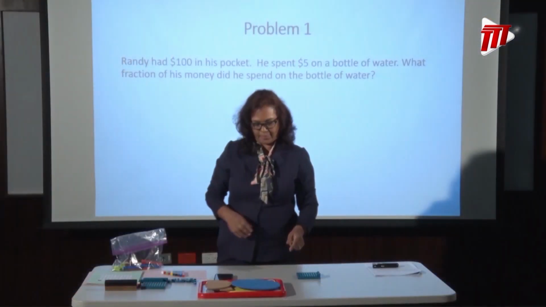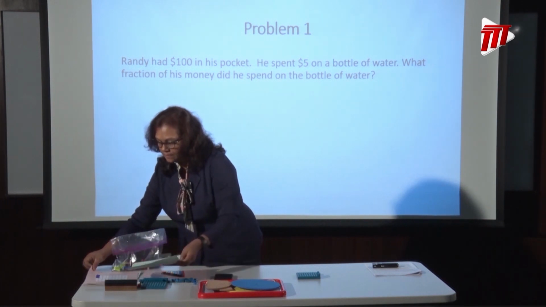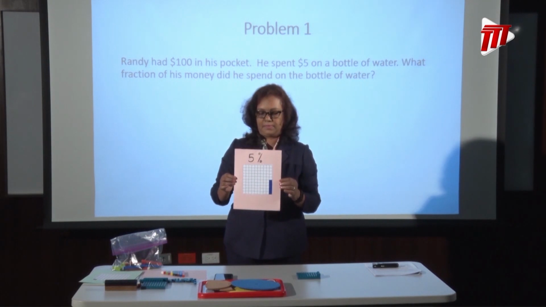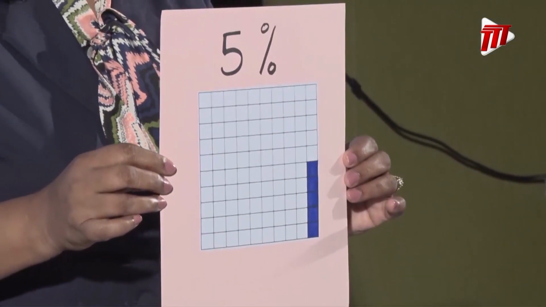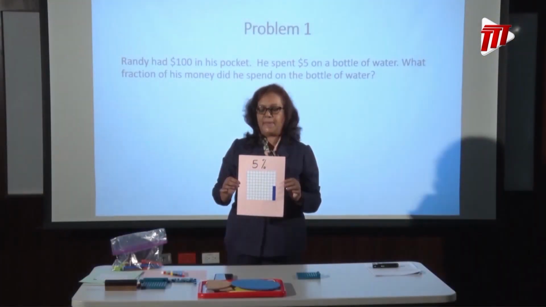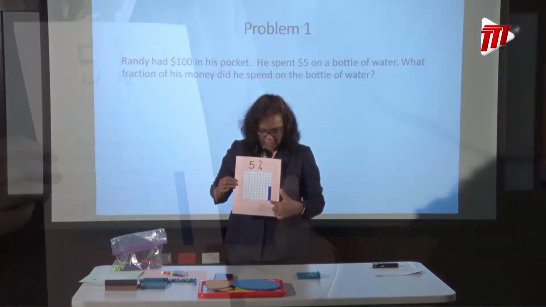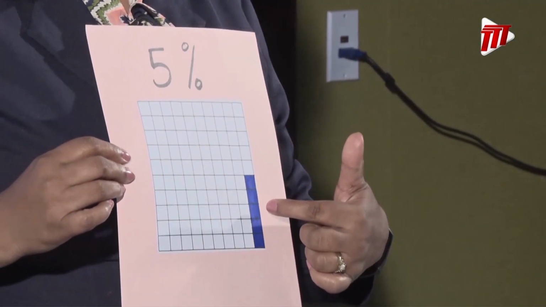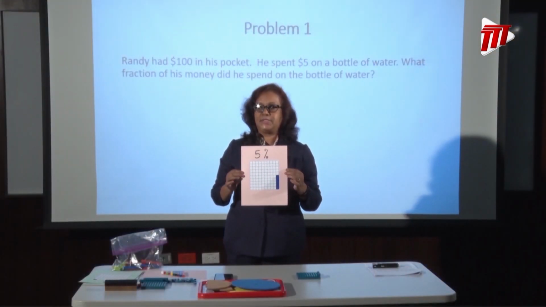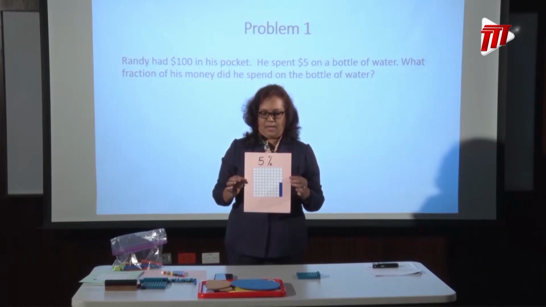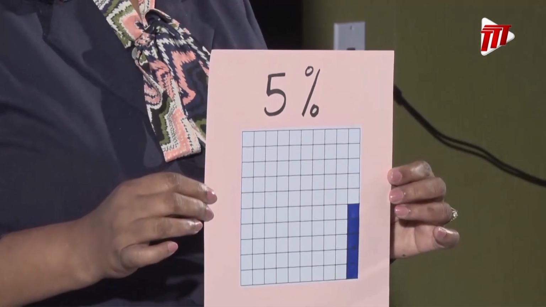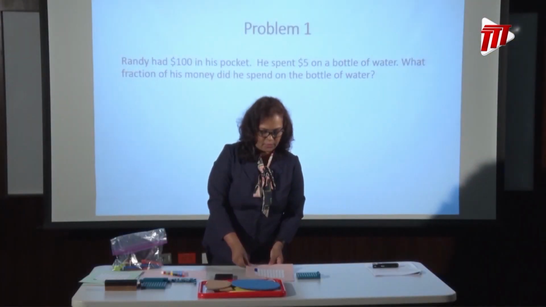Now I can represent this on a grid. This grid is a drawing of what I have on the table. So this is my 100 grid, and I would have shaded 5 of those to show the fraction. Now, you are seeing something else on this grid. I have used something else to represent this fraction, but we're going to talk about that in a while. So let's go back to